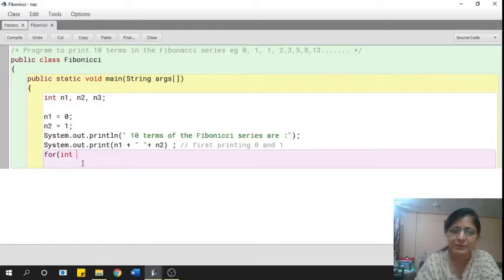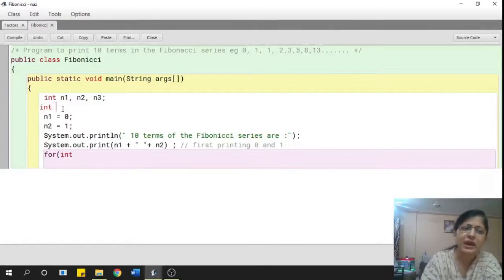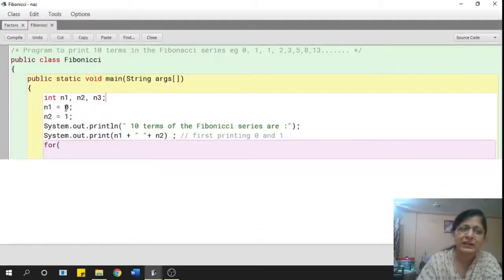But if you find it difficult to understand this, you can declare it first with int I, and then begin the for loop like we do normally: I equals something, and then I plus plus and so on. I'm not doing that right now because I want to show you that you can declare it in the for loop itself.